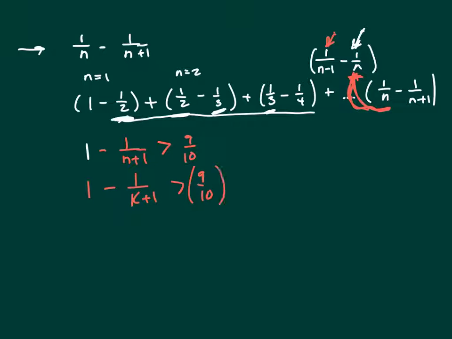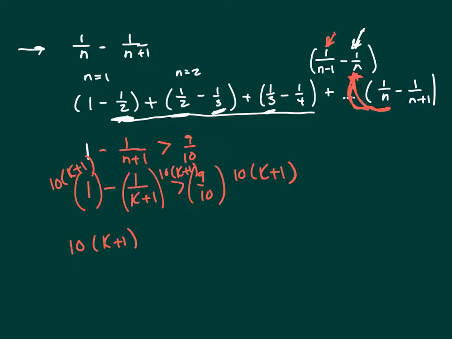Now clear your fractions by multiplying by 10 and k plus 1. Multiply this by 10 and k plus 1, multiply this by 10 and k plus 1. So 1 times this gives me 10 times k plus 1, minus, here those cancel, I'm left with 10, is greater than, the 10 cancels, 9 times k plus 1. So let's solve this. 10 times k plus 1